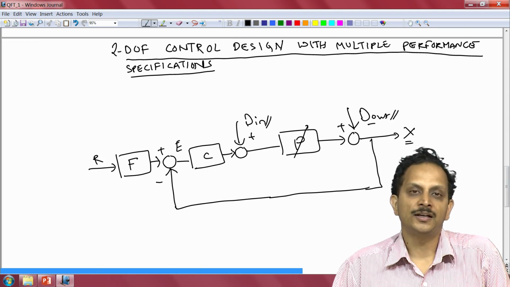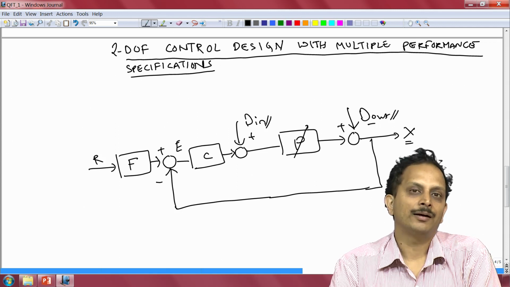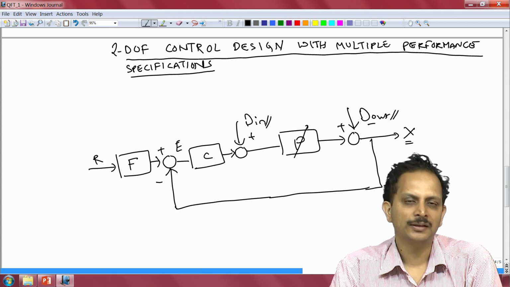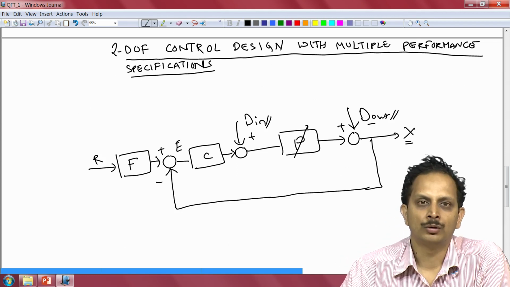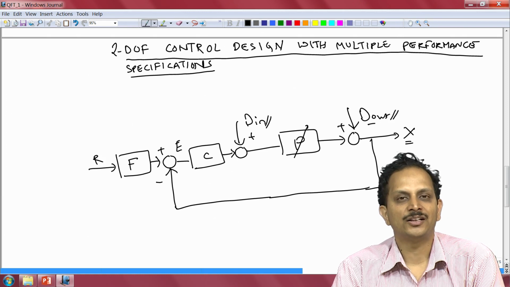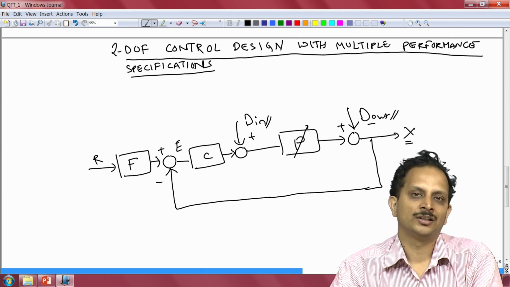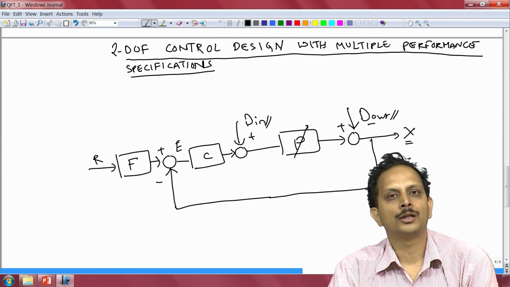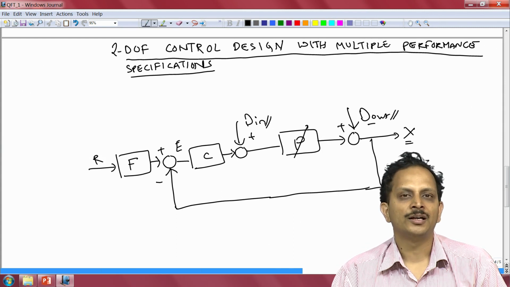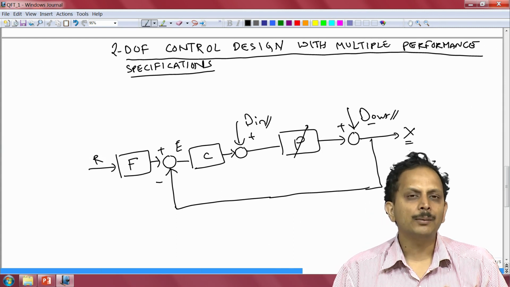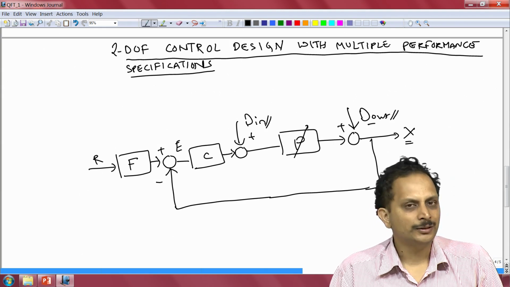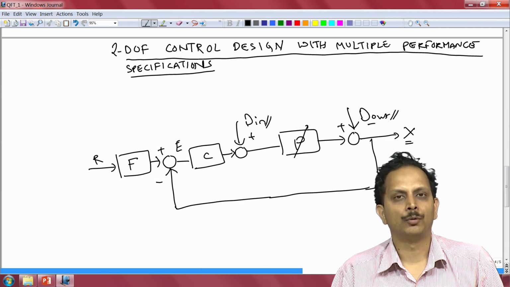Now what are the different design tools that we have looked at so far? We have looked at the Nyquist plot, and then subsequently we looked at the Bode plot, and the third design tool that we have looked at is the root locus. Now right away we can disqualify root locus as a good candidate for depicting these restrictions on the loop gain imposed by the performance specifications, because the root locus is not a good tool for depicting performance specifications. So, what that leaves us with is the Nyquist plot and the Bode plot.